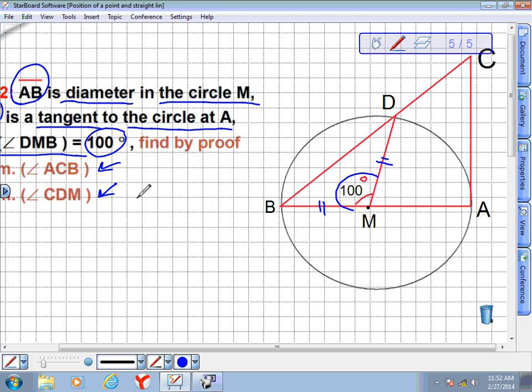We will start our proof by this point. Since MD and MB are two radii